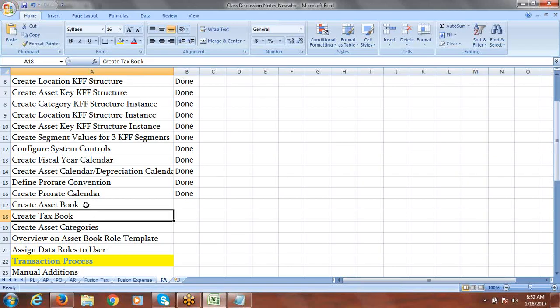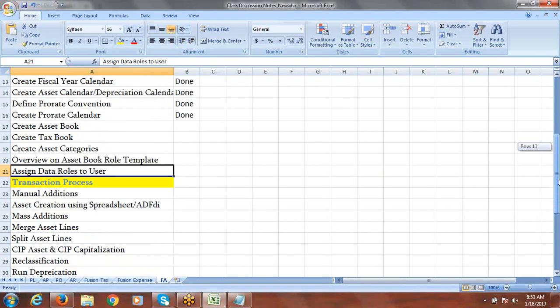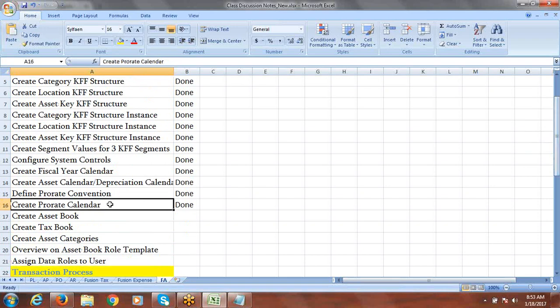In between, when we are working on mass copy functionality, we'll create it. After that we'll create asset categories and template role assignments. Then we'll go through all the concepts of CFA related functions and features. So that's all for today.